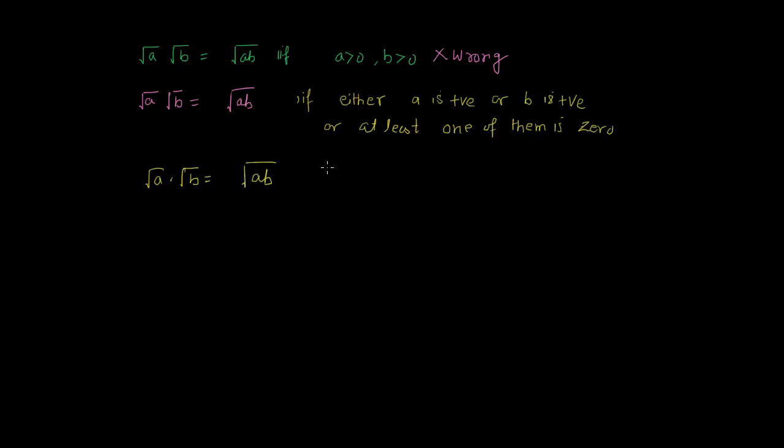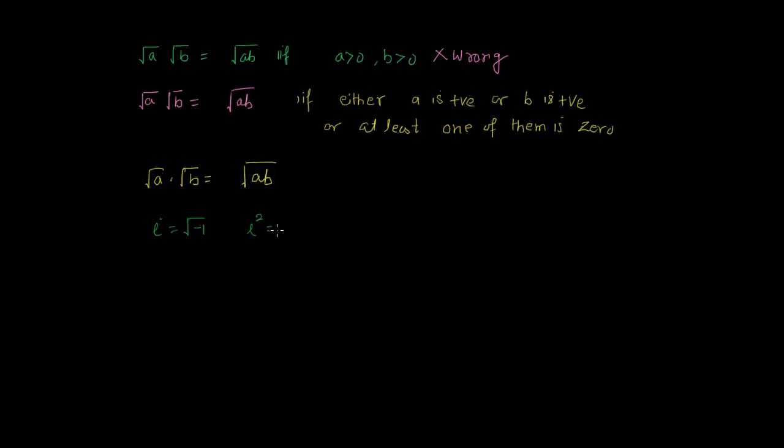So हमने क्लियर कर दिया अंडर रूट ए इंटू अंडर रूट बी इक्वल टू अंडर रूट ए बी ट्रू इफ एंड ओनली इफ a is positive or at least one of them a और b is positive or at least one of them is 0. और हमने उसमें डिस्कस किया था क्योंकि हम बता रहे थे अगर आइटा इक्वल टू अंडर रूट -1 है तो